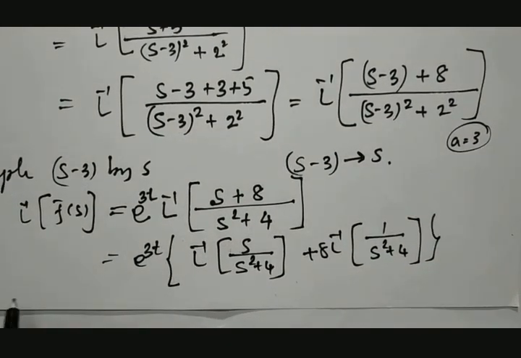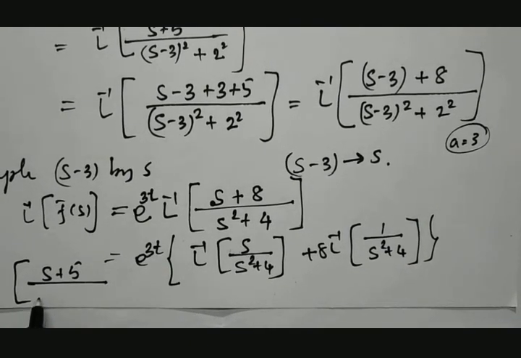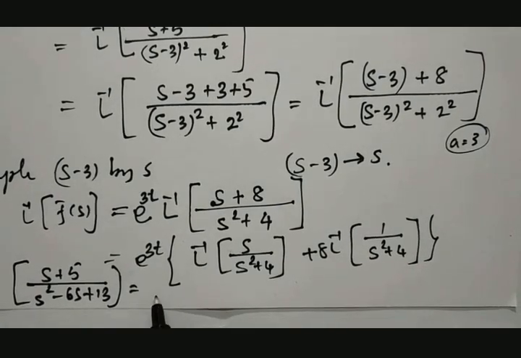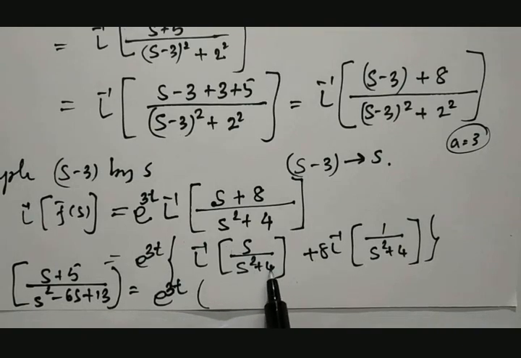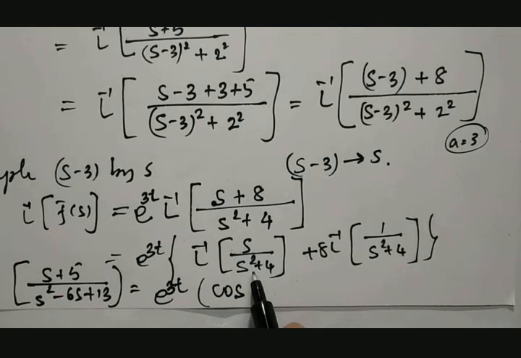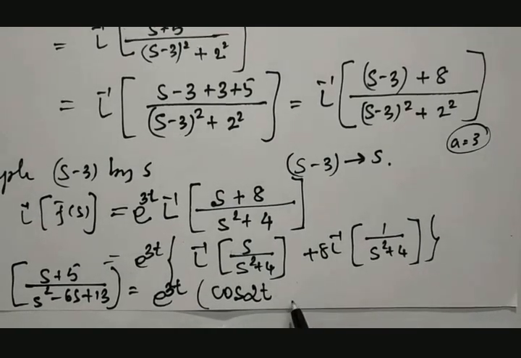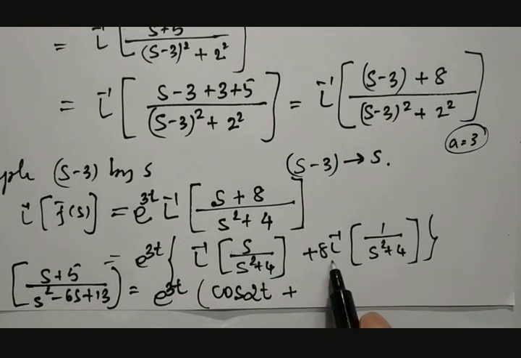Therefore, overall Laplace inverse of s plus 5 divided by s square minus 6s plus 13 is equal to e raised to 3t into what it represents, Laplace inverse of s divided by s square plus 4. s divided by means cos, plus means trigonometric. 4 is nothing but 2 square, so it is 2 into t. Similarly, here 2 is required here, so I'll be taking divided